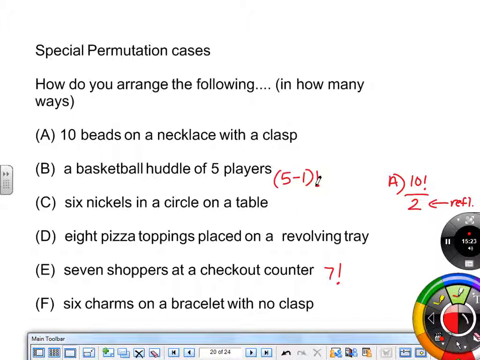Jonathan. Okay, because it's a circle. And is there a distinct beginning? Like, do they have a clasp? So is there anything that signifies to me, oh, it's starting right here? Right. So I have to take basically one of the people and call them the start, right? Like if I'm going to tell you, oh, here's how they huddled up, you're going to be like, well, who was where? I have to say like, oh, start with so-and-so, right? So if I say start with so-and-so, I've taken one of the players out of the ability of choices